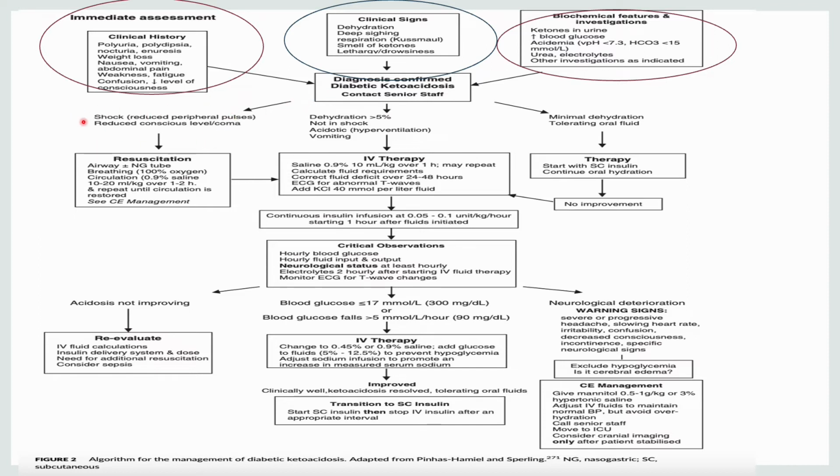If the child is in shock, then you have to give resuscitation fluid and start oxygen. In resuscitation fluid, you give normal saline at 10 to 20 ml per kg over 1 to 2 hours, and then repeat until the circulation is restored. But here you have to look for cerebral edema, because if we correct the fluid volume deficit fast, these kids are very prone to go into cerebral edema. So you have to look for signs of cerebral edema. I'll cover this topic in a separate class.